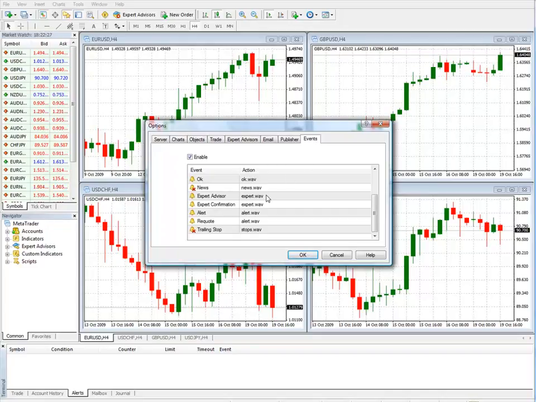All right. Back to alert. Performing of an alert function by an Expert Advisor, and that alert wave will sound. Requote. The price change during preparation of a trade operation, then requote will sound the same alert wave as the alert up here. Trailing stops means the trigger